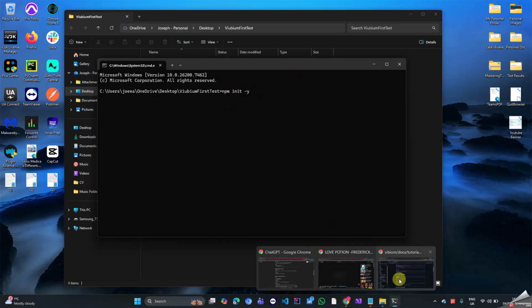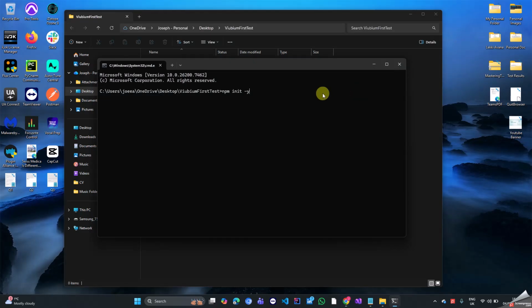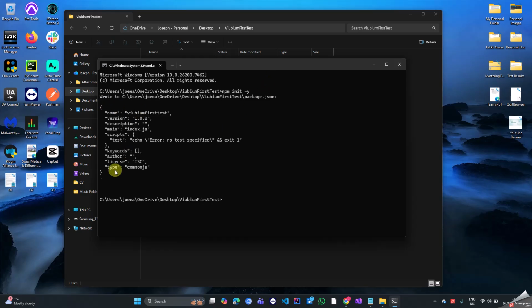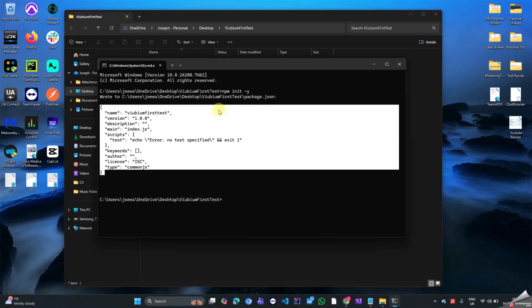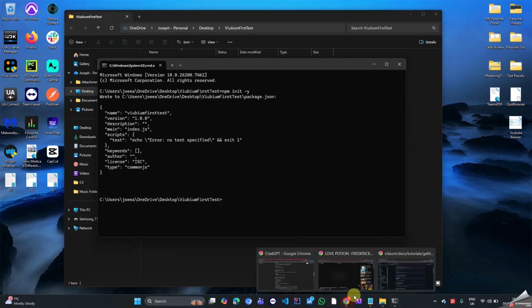as instructed on the page in step 2. So I'm going to go ahead and initialize by pressing enter, and you see that it will create a package.json file for the project. And then the next step is to go ahead and probably install